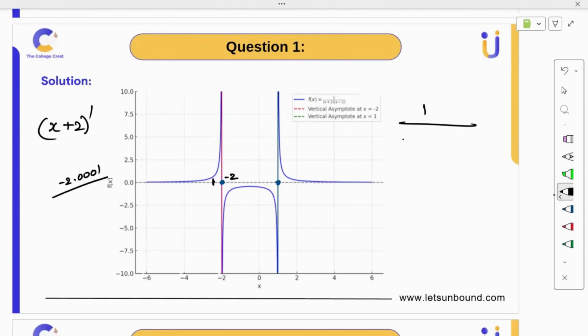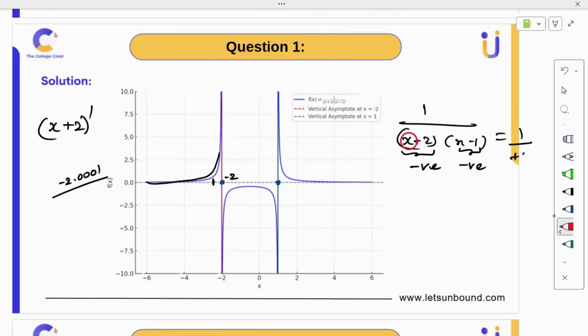So my function is 1 by x plus 2 times x minus 1. When you plug that in, of course, I'm taking a value to the left of -2, so x plus 2 will be negative. This is left of 1 also, so x minus 1 is negative. So it will be 1 by some positive, so positive infinity. Just check the sign. Okay, so this will approach positive infinity. And right side of -2 means